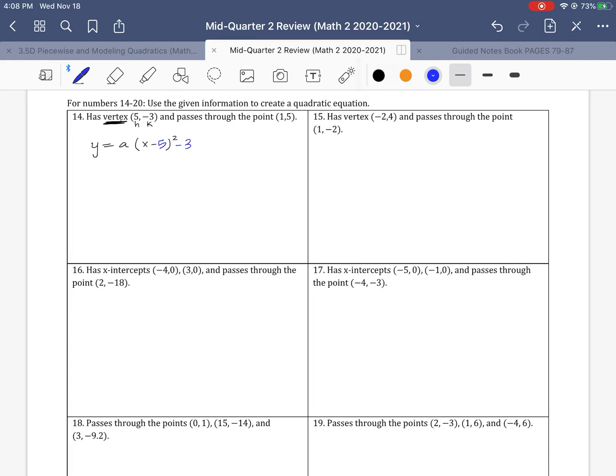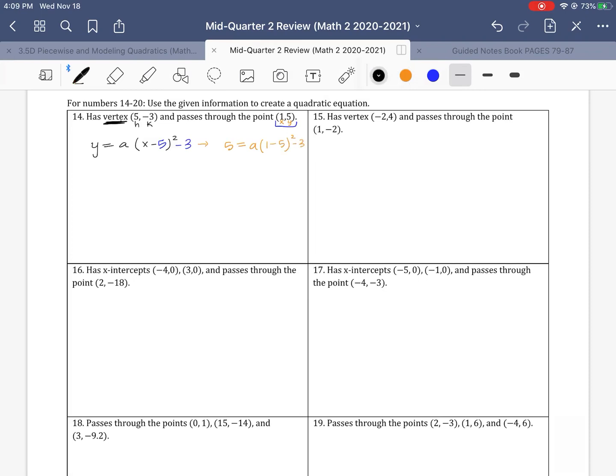So this is essentially what we're looking at here, and we just need to figure out the a value to know how to stretch or shrink it so that it will pass through this other point they gave us. So remember, we use that point as an x and y value that work in this equation. So we would put the y value in where our y value is. So 5 is equal to, we don't know the a value, we put the 1 in, and we have squared